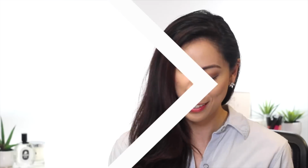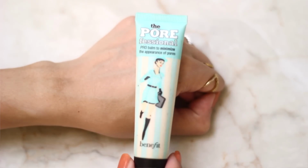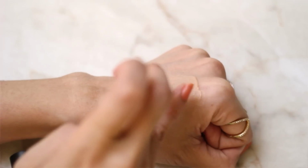So the next one I have here is the Porefessional by Benefit. This is a top seller at Sephora, and this one comes out also in a similar silicone texture but it does come with a slight tint to it, and it's a little bit of a nude tint. But once you start applying it and spreading it out over the surface of your skin, it does blend in nicely with your skin tone, and I feel like this one has a little bit more of a mattifying effect than the Maybelline one, but nevertheless it's also really lightweight, and it does a really great job of filling